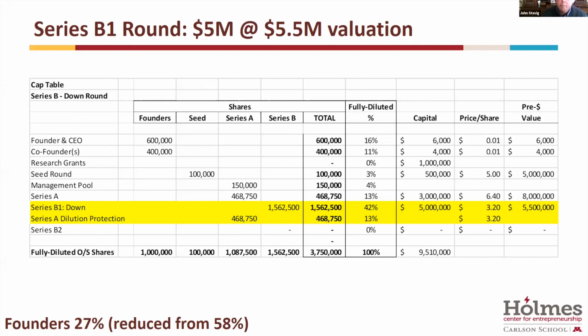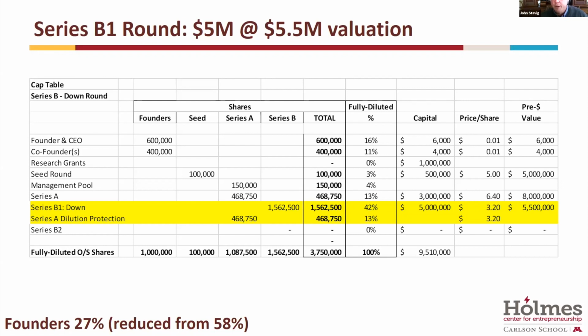So such that the price per share really has fallen in half. And in this situation, what I've assumed is that the Series A shareholder has dilution protection, which is another negotiable opportunity. What I'm showing here is kind of the extreme of a full ratchet, such that, because the price of this Series B is at $3.20 per share, basically half of what the Series A had been, that Series A investor gets their money, gets another equivalent 470,000 shares to gross them up such that they're not diluted.